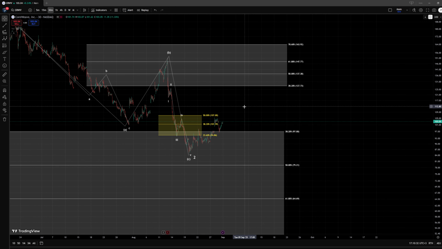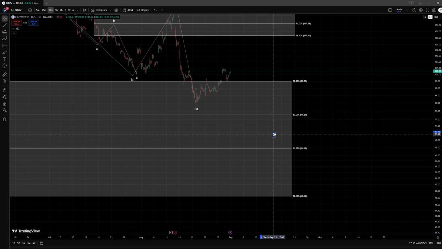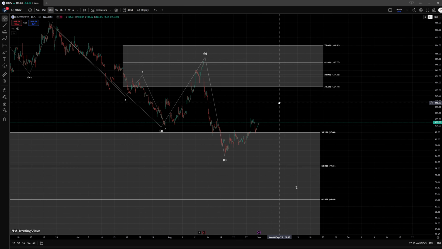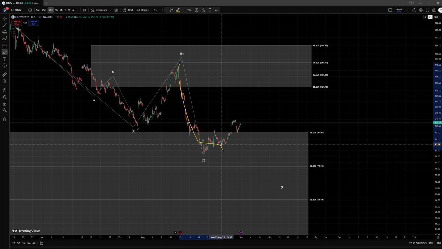That doesn't mean we cannot still extend lower in this wave 2. So two things could actually happen that would allow us to reach an even lower level in this support zone in white. And one of them being that, okay, this is, instead of being the entire wave C, this could